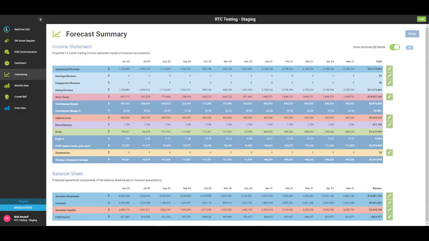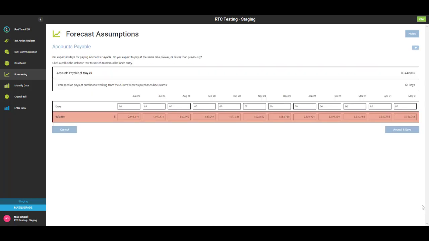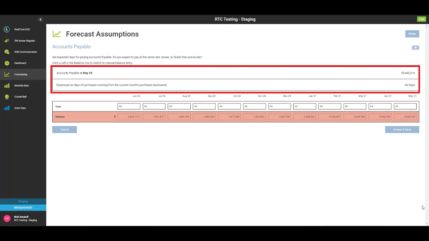This tutorial looks at forecast assumptions for accounts payable. On entering the forecast assumptions for accounts payable, the software tells you the value of accounts payable for the most recent actual month, and underneath that expresses that in days of purchases, working from the current month's purchases backwards in